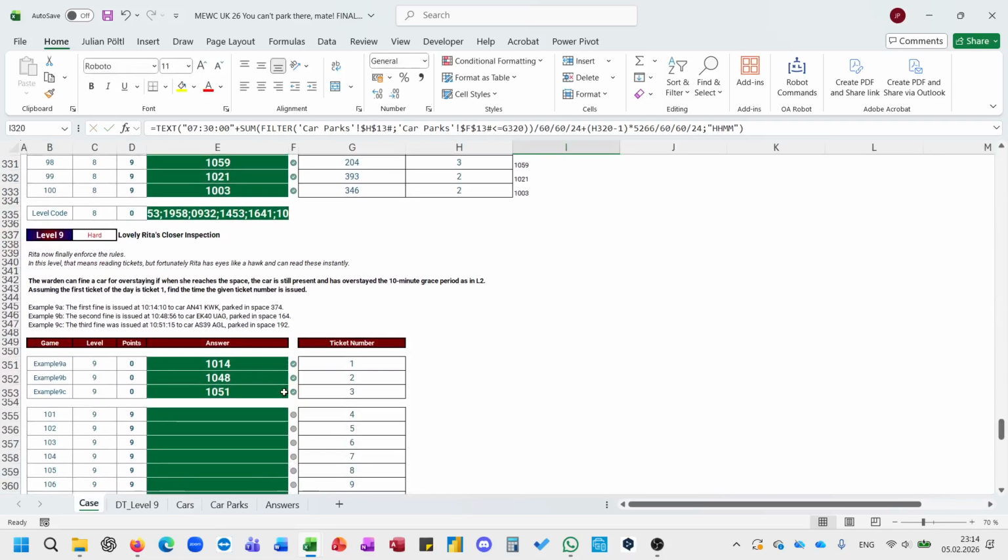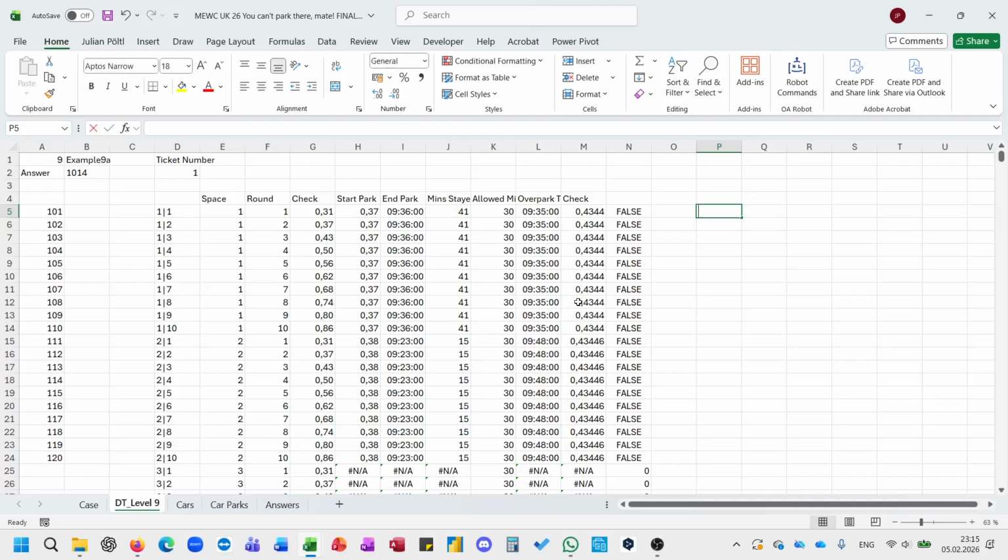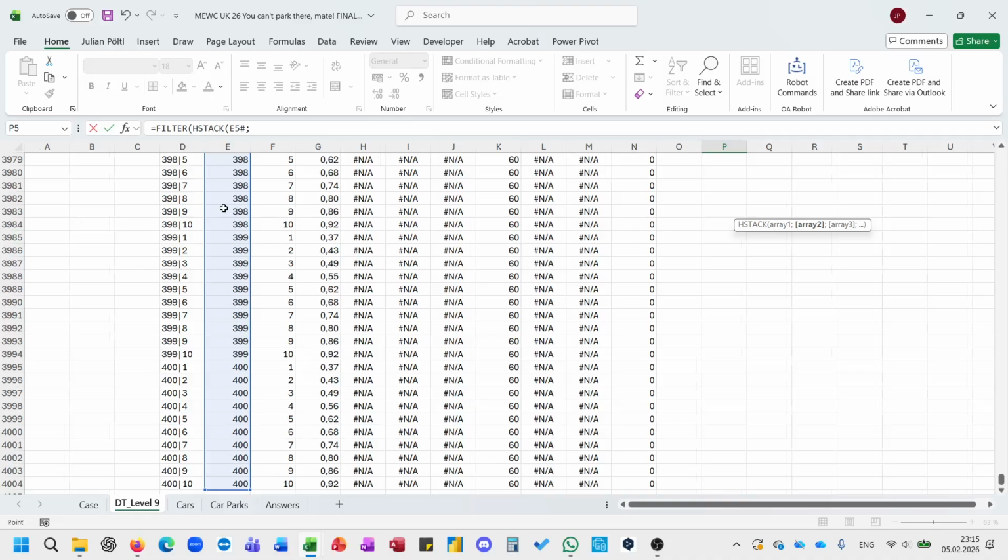Okay, we need the time the check is done, and let's also include the car number to check. And then we filter a stack of at least a space and control time. It will be find